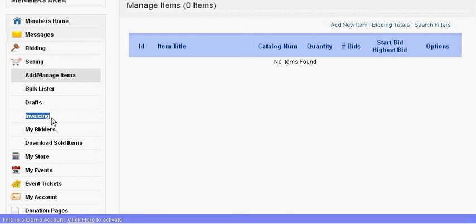The My Bidder section will show you in real time how many people have registered through your auction store page, and it will show you their name, username, email address, and if they're active or not. Some people, if they have really tight spam filters, might not get our confirmation email. You'll be able to go into this My Bidder section and activate their accounts if for some reason they did not receive the confirmation email. So you'll be able to see who's been active, who's not,